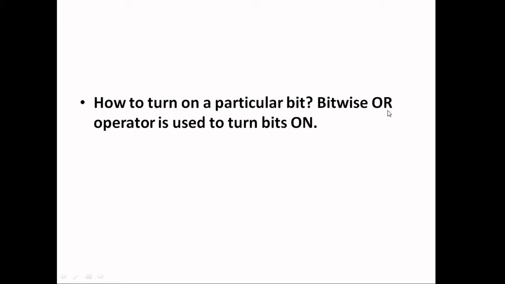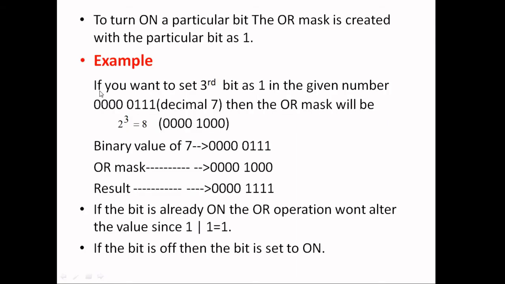To turn on a particular bit, the OR mask is created with the particular bit as 1. If you want to set the third bit as 1 in the given number, let us say we have a decimal number 7. So you have a binary equivalent